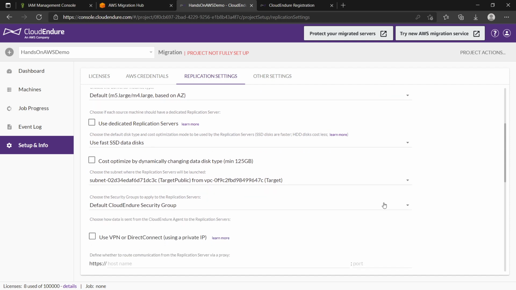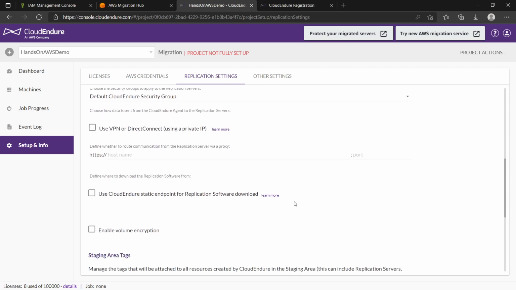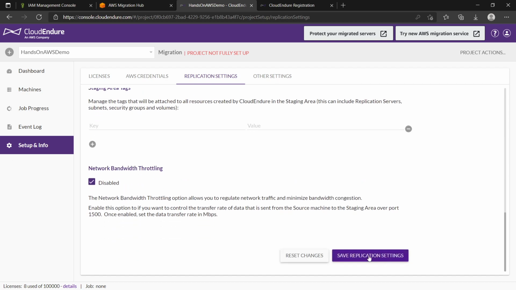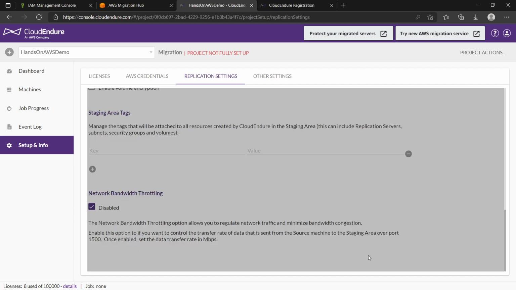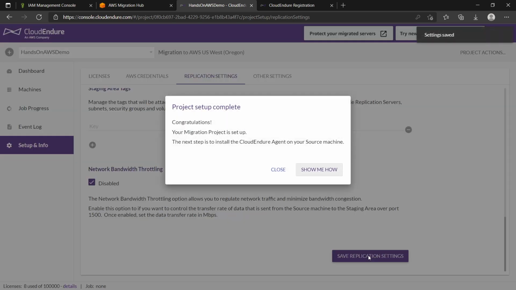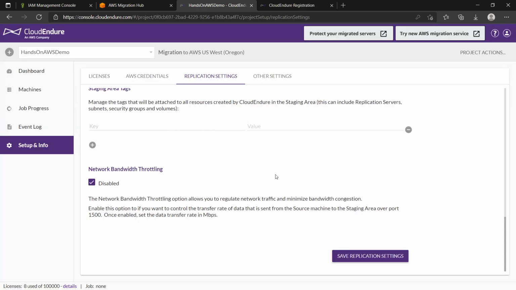Otherwise, you can leave them as default. Now you can save these replication settings, and the replication project setup is complete. Now you can close.